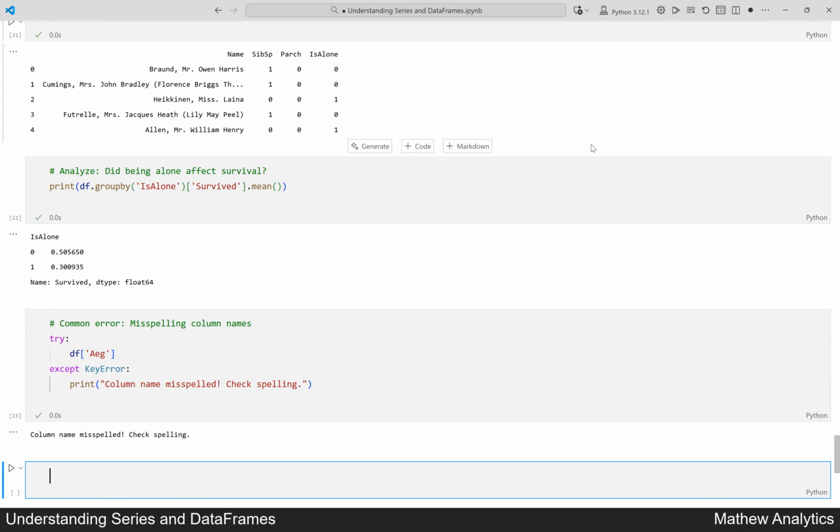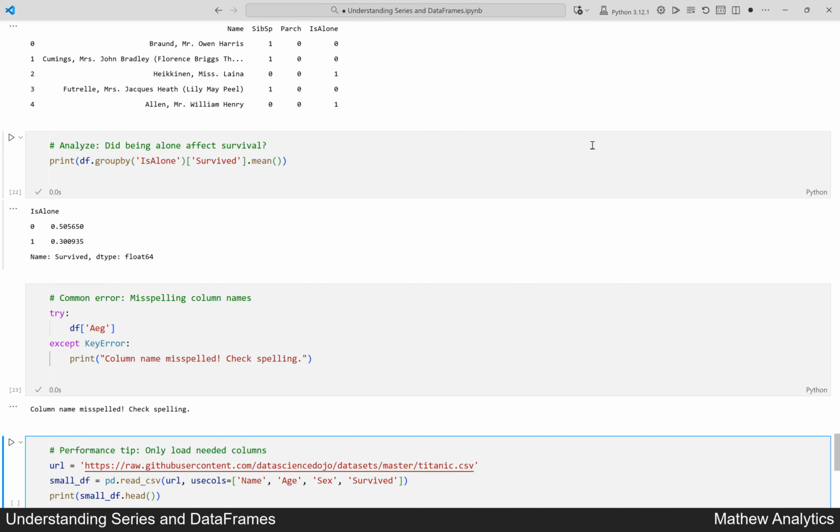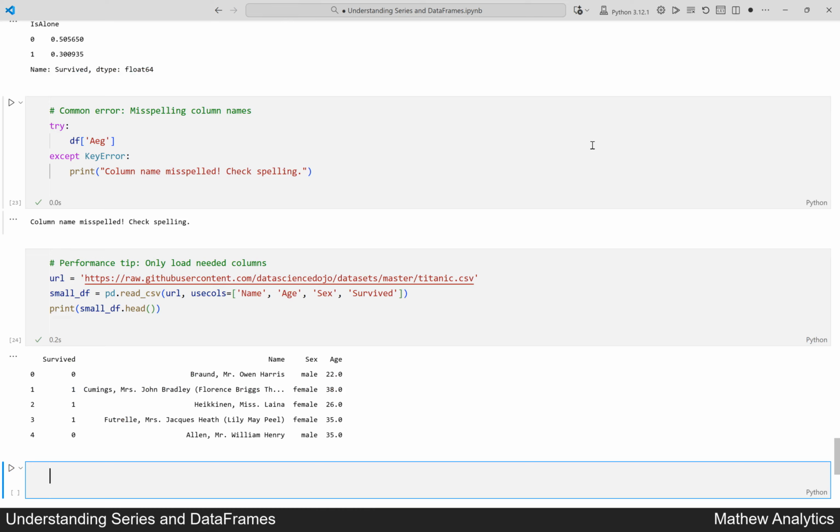If your data is large, loading just what you need saves memory and time. The comment explains that this is a performance trick. We provide the URL as before. We use the usecols argument to pick just 4 columns. We print a sample so we see it worked. Running the cell now. This output shows the first 5 rows of a simplified Titanic dataset containing just the columns